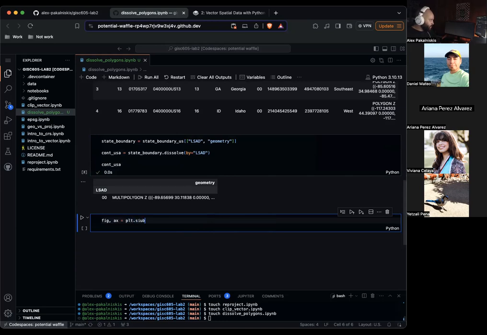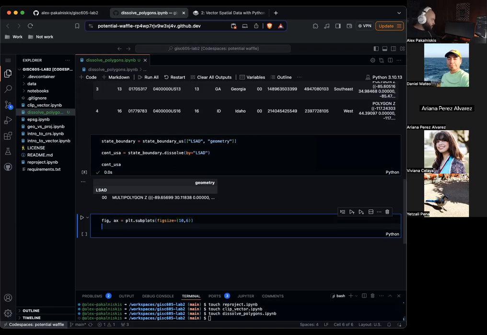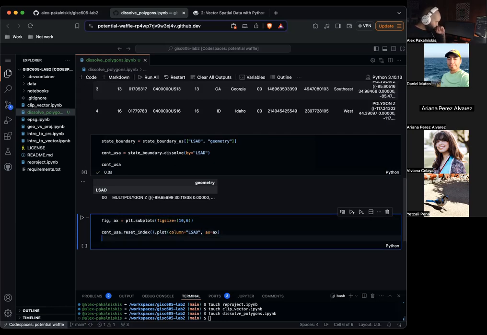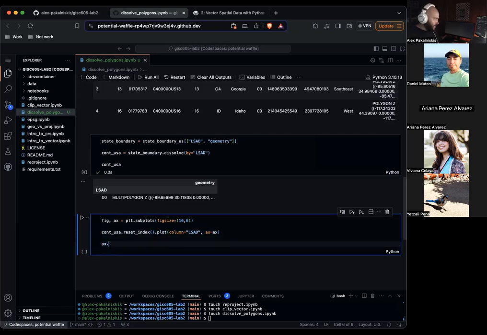fig, ax equals plt.subplots, figsize equals 10 by 6. cont_usa dot reset index dot plot, column equals LSAD, ax equals ax. ax dot set axis off.